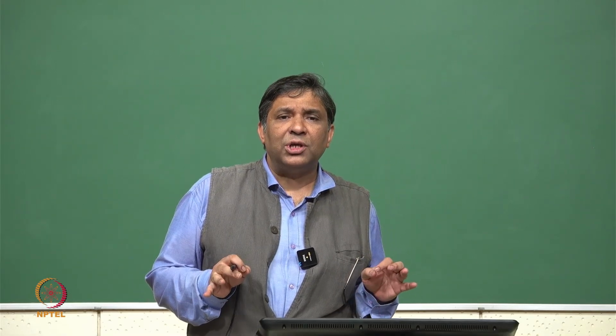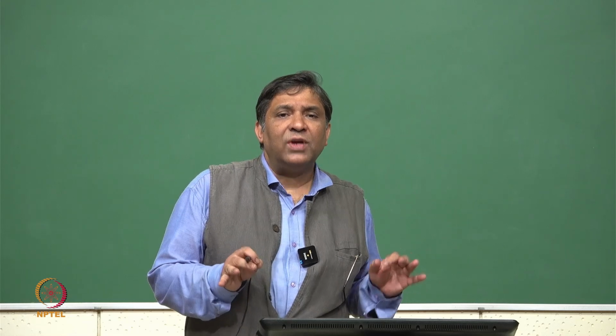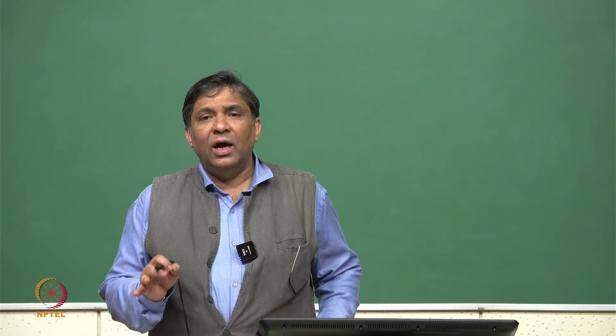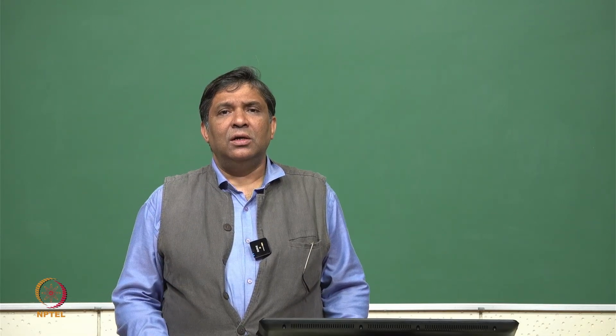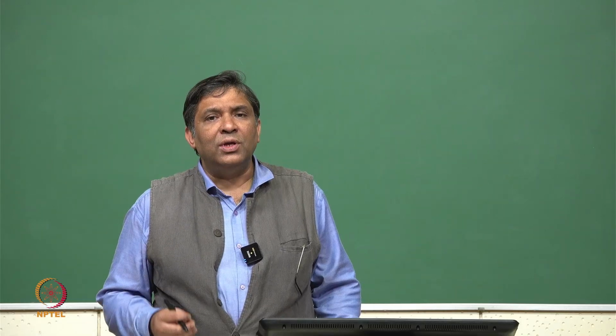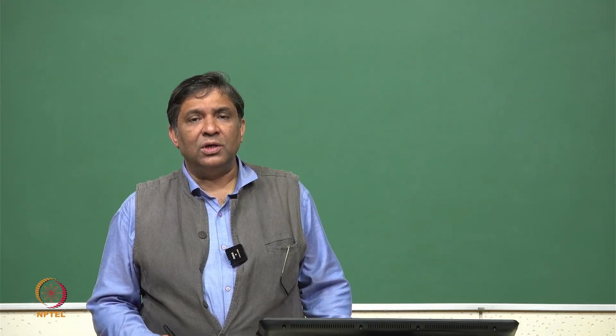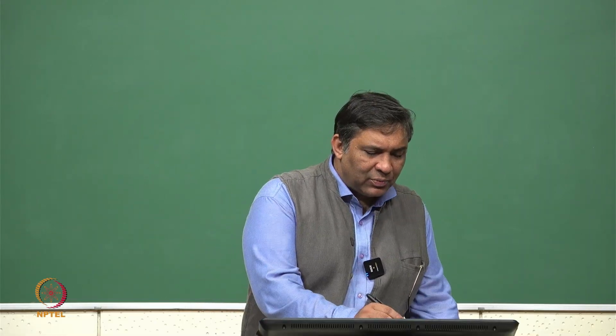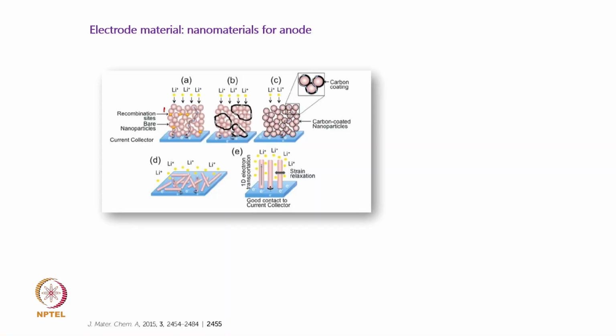So, that random motion sometimes leads to scattering, the electronic conductivity becomes less, and it cannot reach the collector, and therefore you can have a very low current density. There is a possibility. So, one needs to take care of this, and one way, as people showed, is to have a carbon blend. Some particles you put in a carbon blend, so the electron gets a path in that blend.